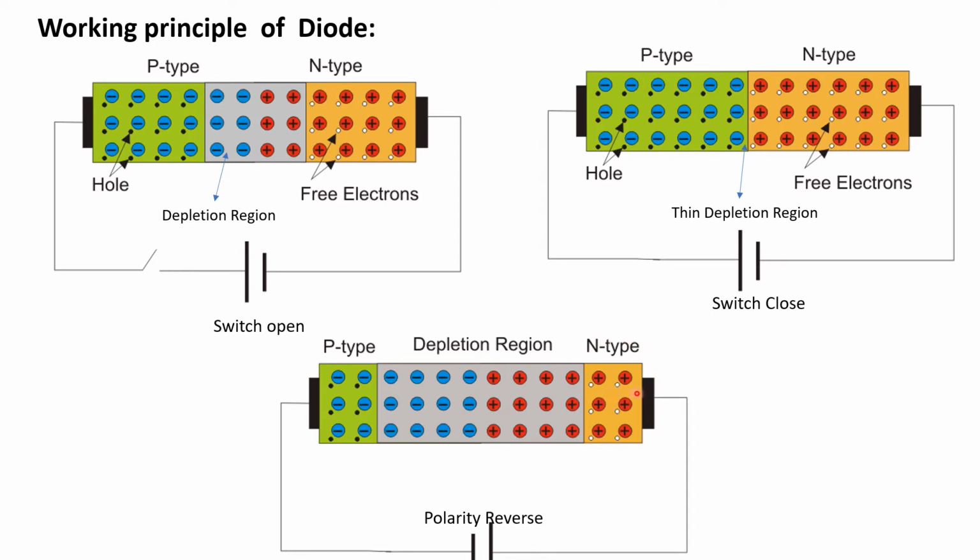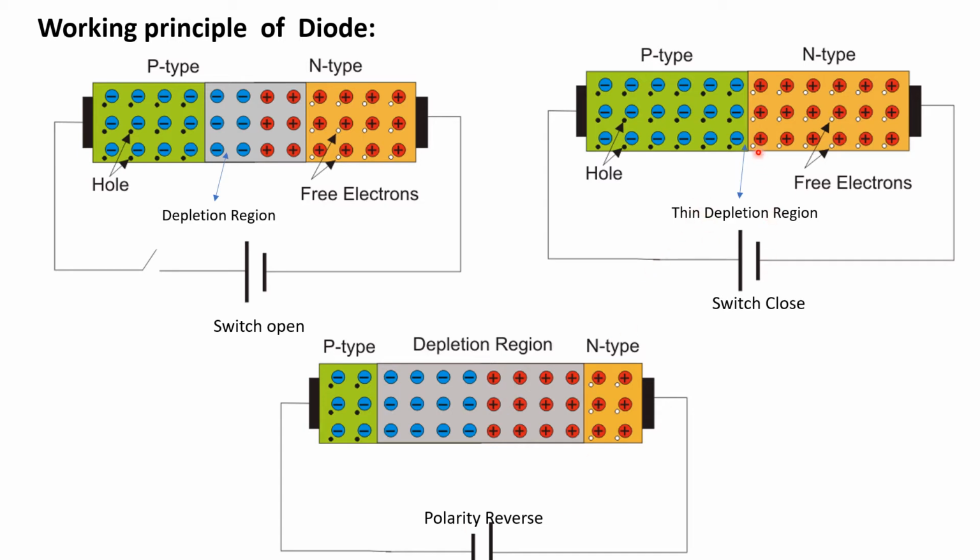So what will happen? This will attract. If you see that all the electrons, the small white color, will all be attracted towards the positive terminal of the battery or DC source. Similarly, over here is the negative side and this is the P type, where all the dots are positively charged. So this side will attract towards the negative. So your depletion region becomes very thick, and that's why it will be off.